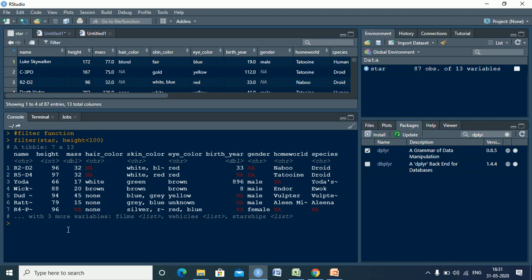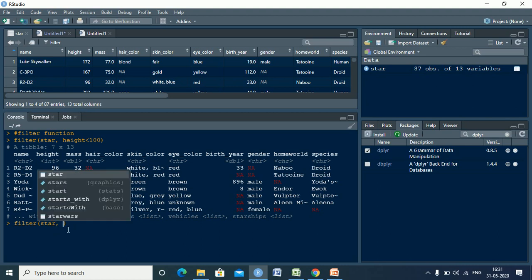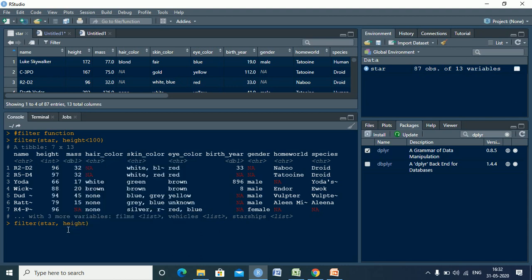So in this case this is a single criteria that we have used. Similarly, you can also use a multiple criteria filter. So this multiple criteria filter you can use if you want all conditions to be fulfilled. You can use commas in between. If you say either of the conditions to be fulfilled, you need to use the or symbol. Like I want to filter Star Wars, right? Our data set is star, where the height is less than 120. If I use a comma, that means both the conditions should be fulfilled.